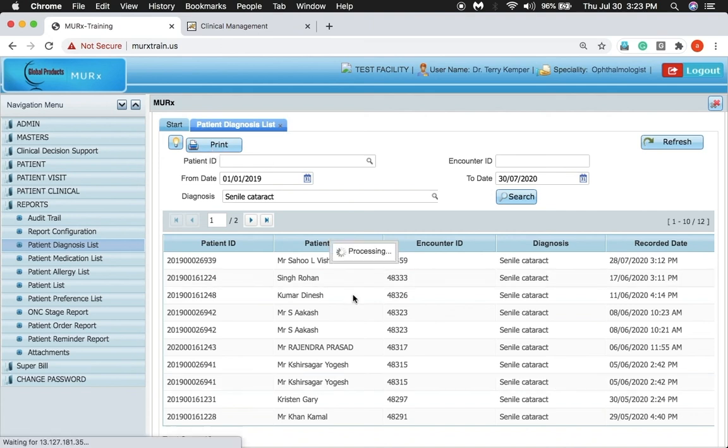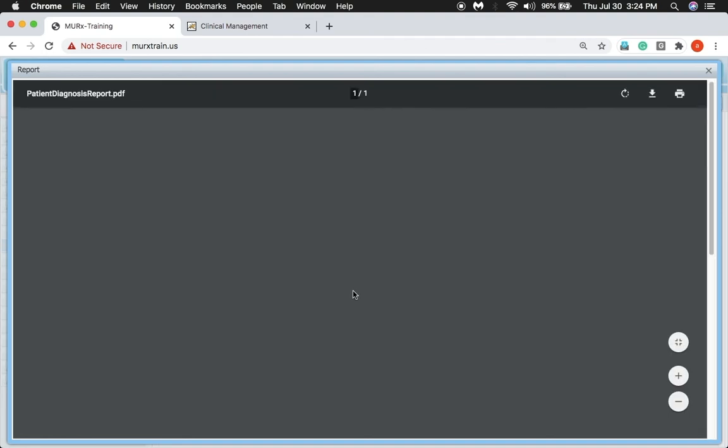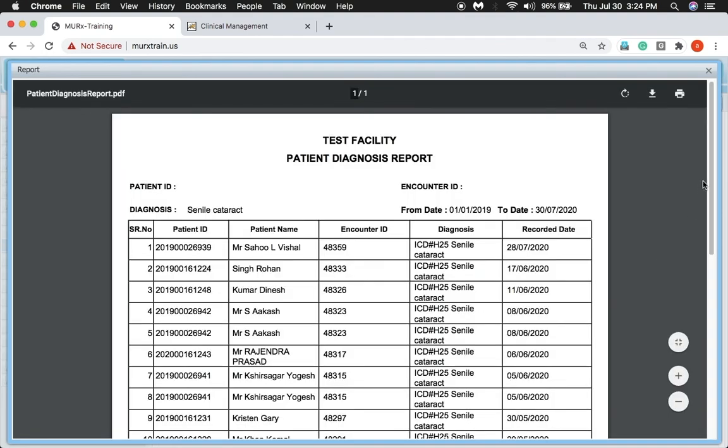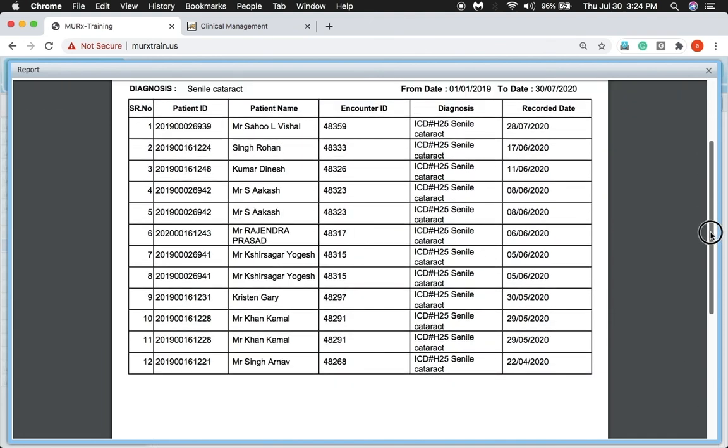A print can be given if required, and a patient diagnosis report can be generated from within MEORX.